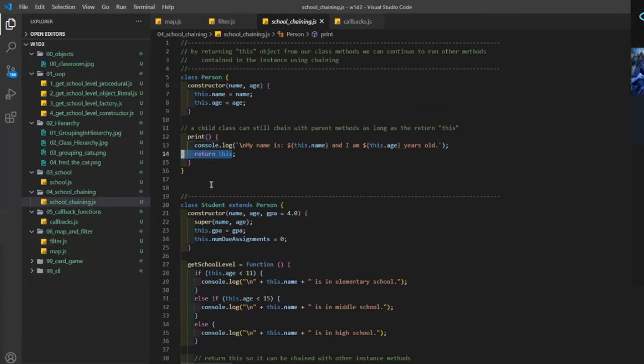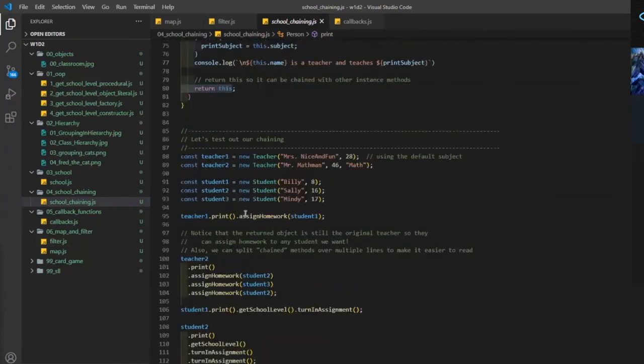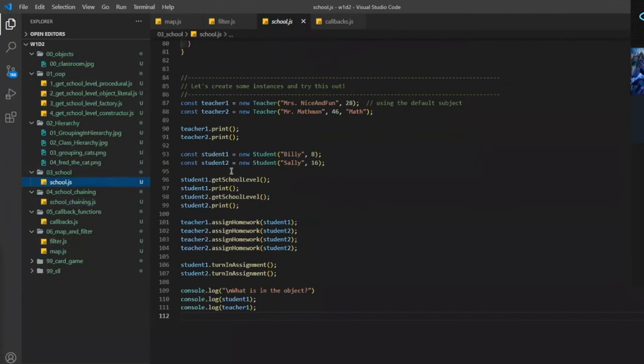If we think about our lines down here, oops, that one's the chaining one. Think about these lines. I'm using the exact same object. So here's my teacher 2, teacher 2, teacher 2, teacher 2, right? I've got teacher 2 all over the place. I got student 2 all over the place. And if I'm going to use the exact same object over and over again, like in this case where I use teacher 3 times in a row, if I were to return this, what happens is